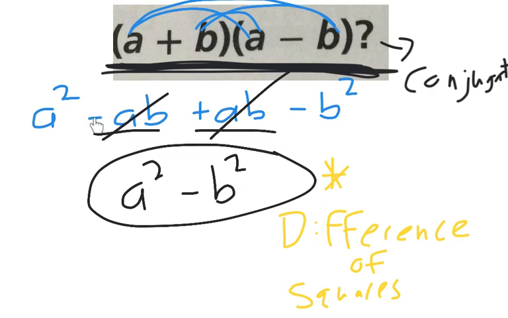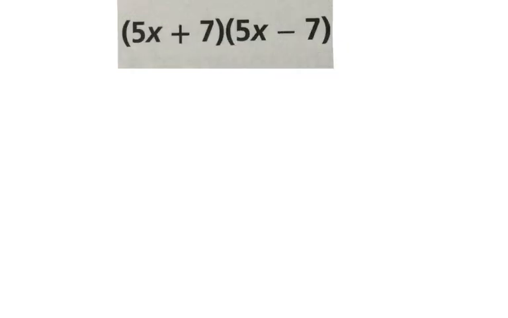And you see how these things canceled out? That happens every time you multiply conjugates by each other. So if you multiplied x plus 5 times x minus 5, the two middle terms are going to cancel. If you multiplied 3x plus 11 times 3x minus 11, the two middle terms are going to cancel every time you multiply conjugates. Okay, so what happens here if I distribute 5x times 5x,